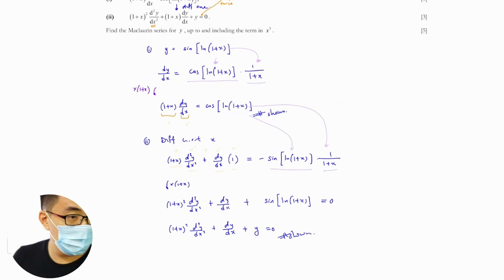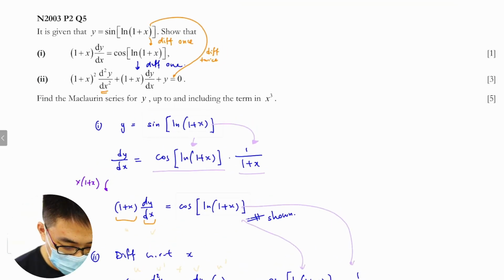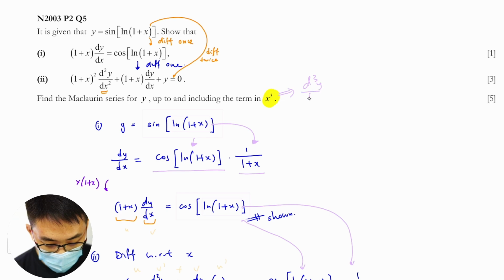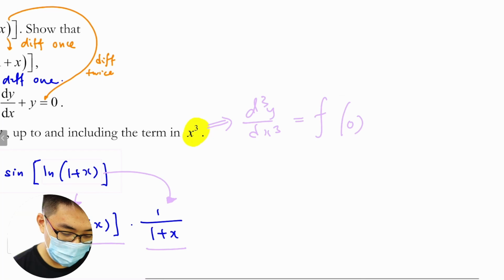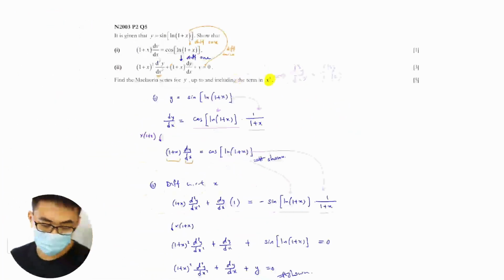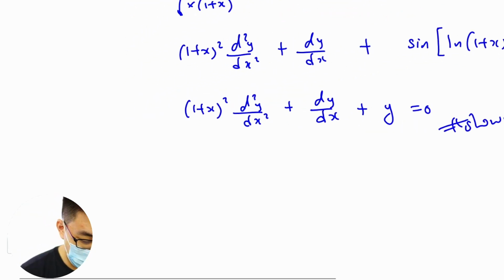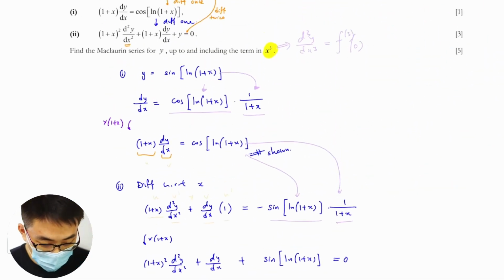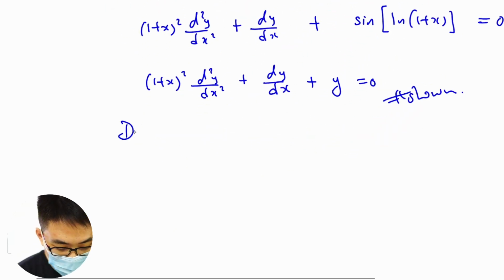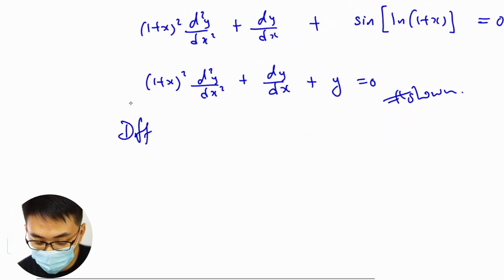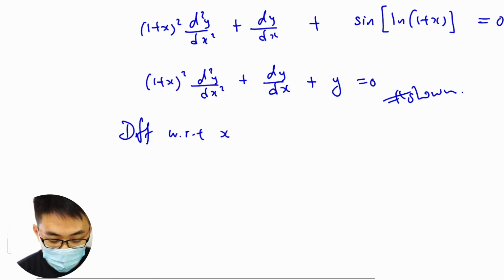Okay, the last one. If you want the x cubed part, meaning you need to find d cubed y dx cubed, or you need to find f triple prime 0. Essentially what you need is differentiating these ones. Now, the learning point here is that once they ask you to show this, further differentiating this will be easier. Differentiate with respect to x. This is much easier. So this is 1 plus x squared d cubed y dx cubed